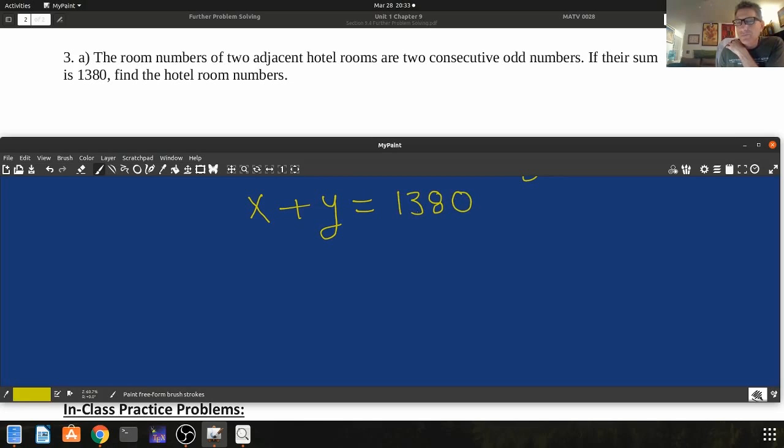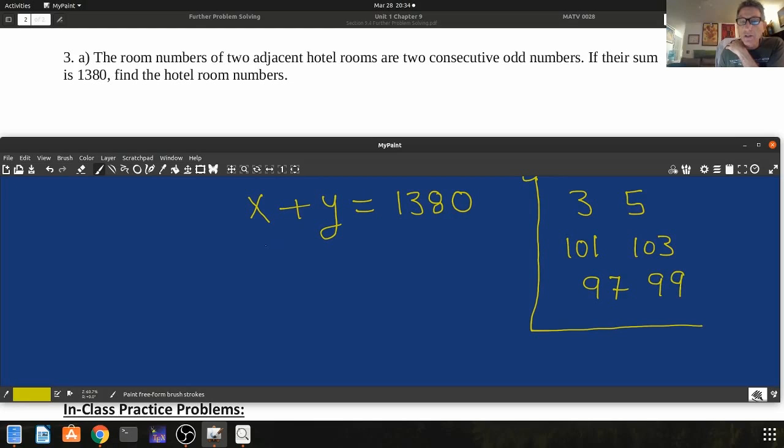So what is this when we say two consecutive odd numbers? Let's take a look over here. 3 and 5 are consecutive odd numbers. 101 and 103 are consecutive odd numbers. 97 and 99 are consecutive odd numbers. So let x be the smallest of the two consecutive odd numbers, for example, if x were 97,